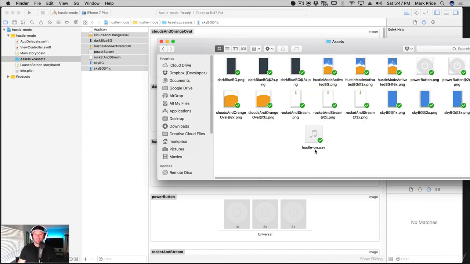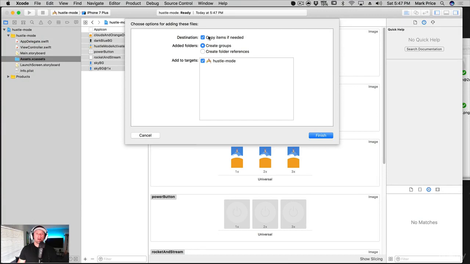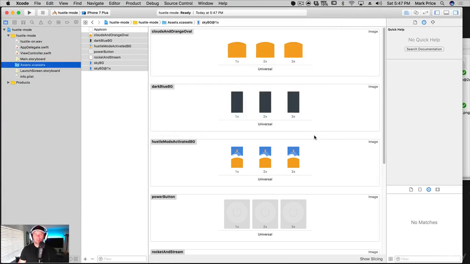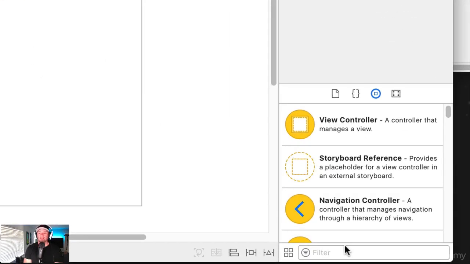And the .wav file, just drag here into the Hustle Mode project altogether. Make sure that Copy Items if needed is selected, and make sure Add to Target is selected as well. Perfect. So now we've got our assets, and all we need to do now is go into the main storyboard here, and we're going to build out some user interface elements. Remember, we're going to build out that blue screen, that Hustle Mode screen, okay? The first power button, okay? So let's go ahead and at the bottom right here, in the object directory,